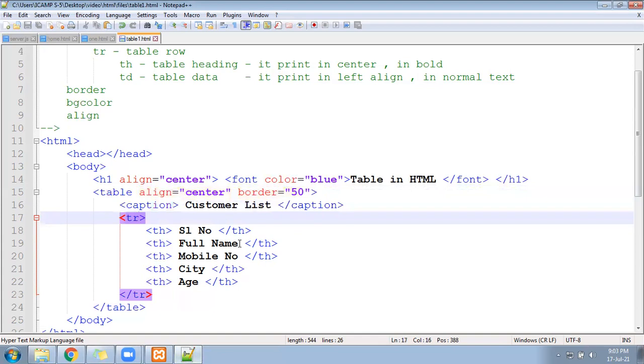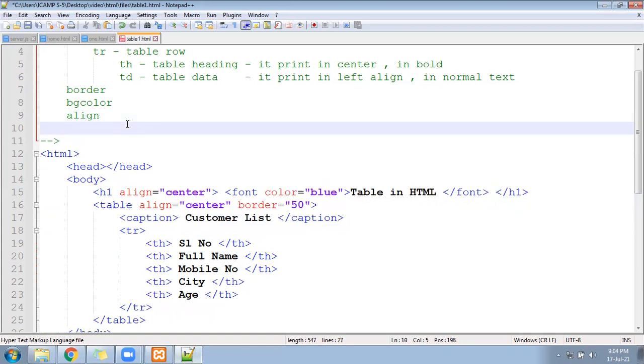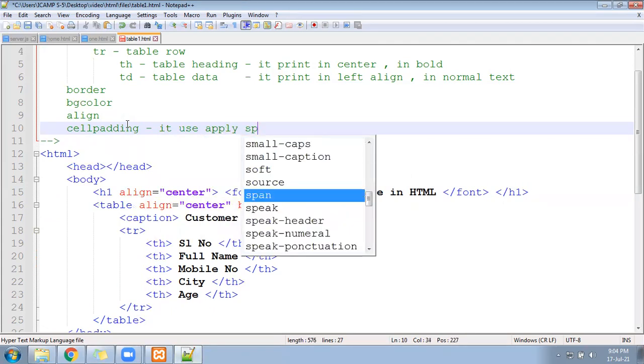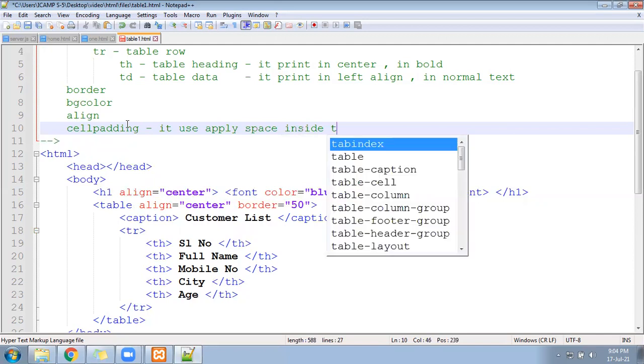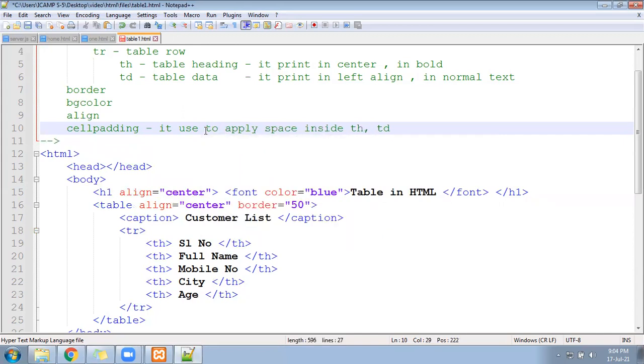Now come down. Let me add one more property that will make more sense. Okay. What is that? A property called cell padding. What is the use of that? It is used to apply a space inside th and td.